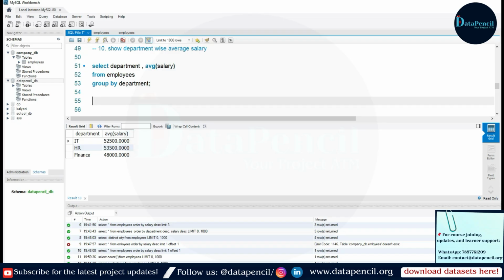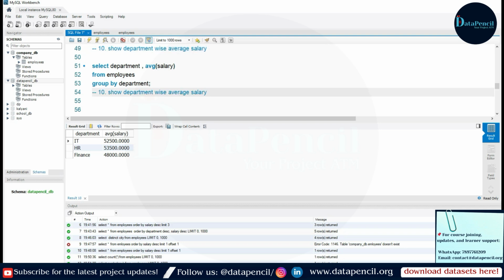Okay. Now, if they say that you have to find the department wise employee count, how can we count the employees? We can simply write count all. This is the way by which we can count the employees, but we want department wise.